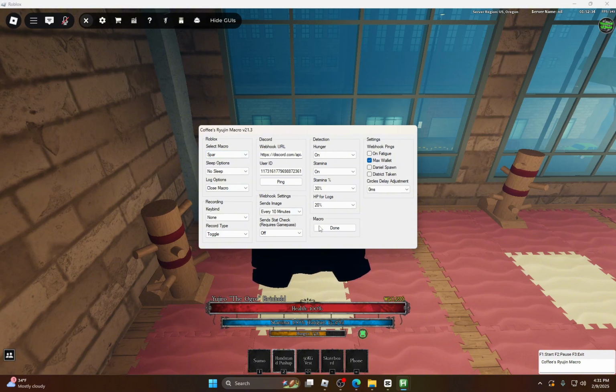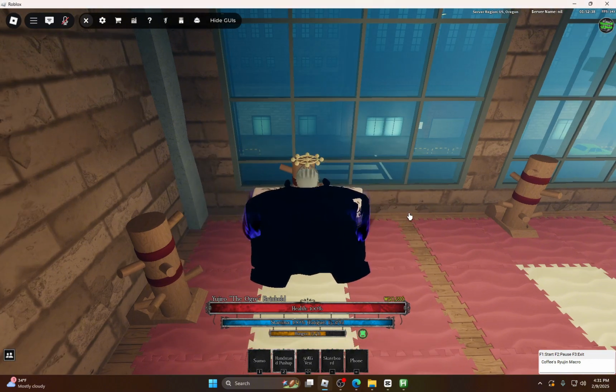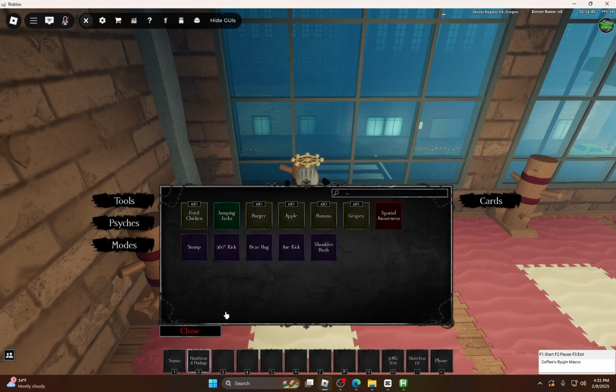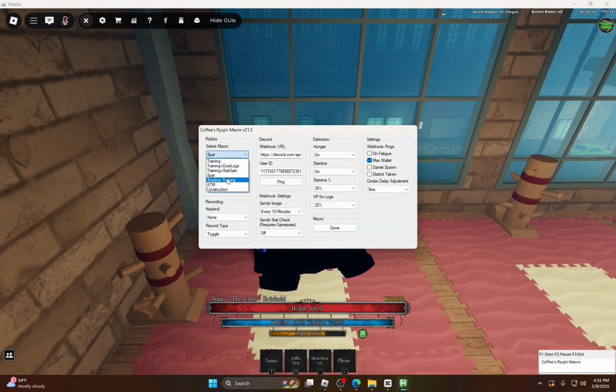For sparring, this is just hitting the boxing bags. So pretend this is a boxing bag and here are the gloves. Put your mouse over the gloves and press F1, which is start for the macro. Oh, and make sure that your second slot is empty. The macro is going to buy the gloves and it's going to use them, and then yeah, pretty simple. Now for shadow training,